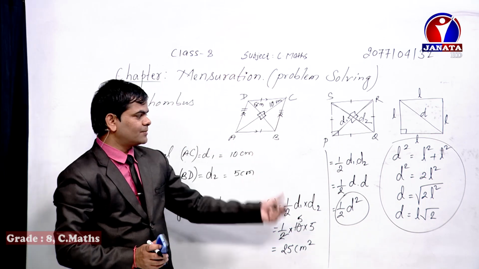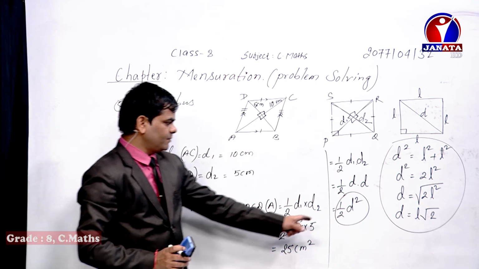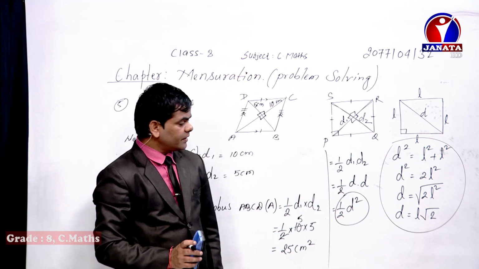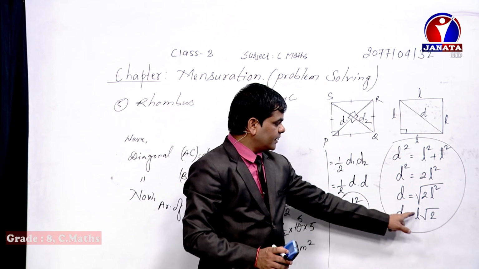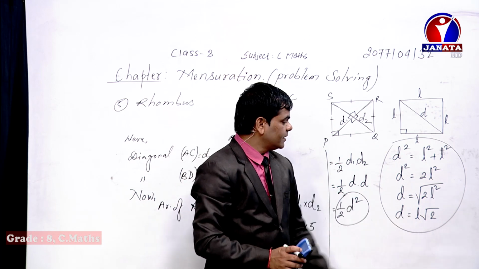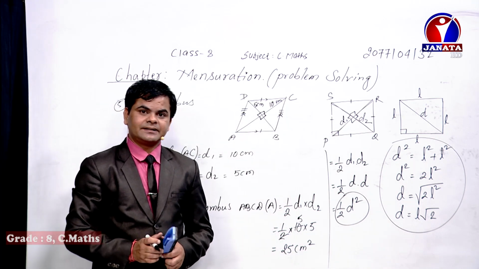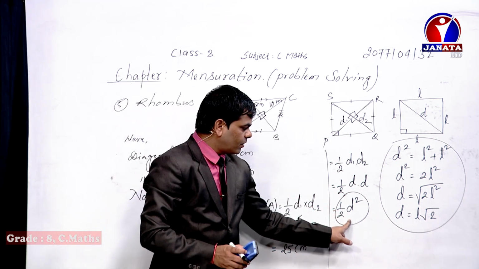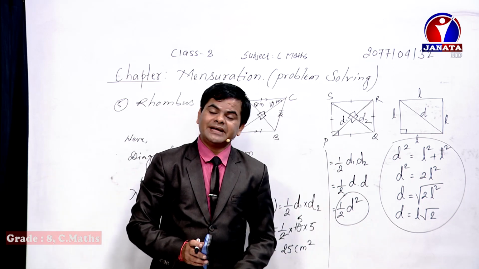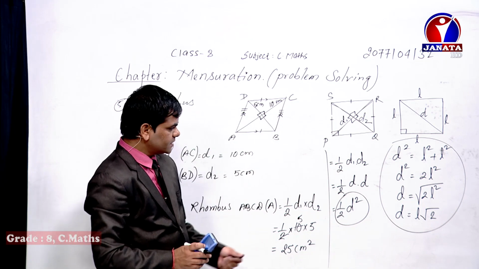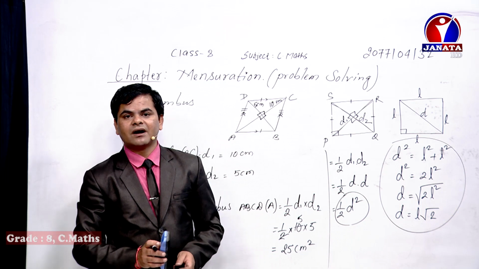Okay, this is another formula of square to find out the area if diagonals are given. If one diagonal of square is given and the question asks to find the area of the square, at that time we use this formula directly, or you can convert the diagonal into length by using this formula, and then use the general formula of square, L square, as well. If you use this formula or if you use L square, your answer will be the same. But if diagonal is given directly, it is better to use this formula to find out the area of square.